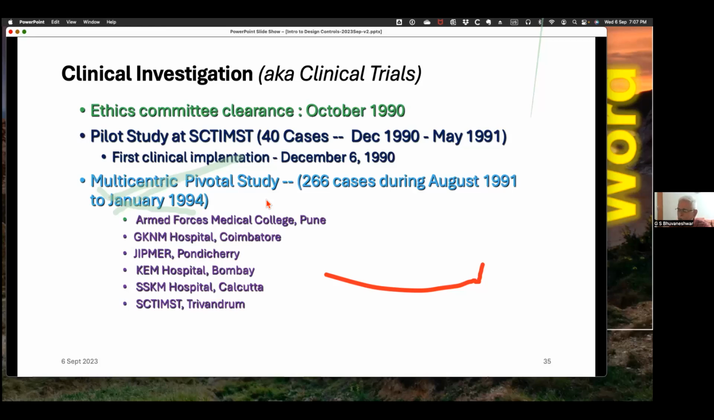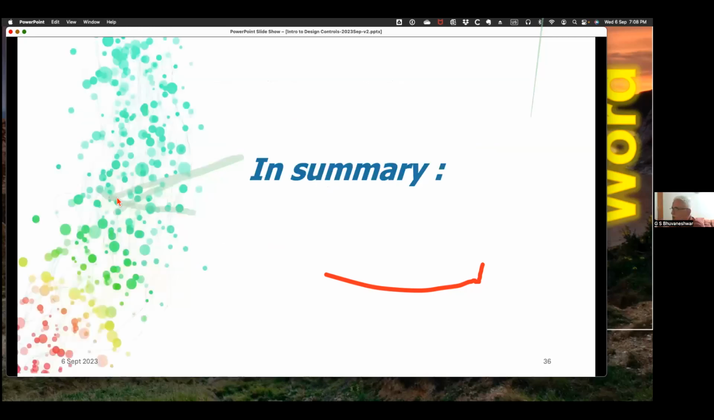I think today close to 150,000 valves have been implanted. They're manufactured by TTK Healthcare. So, to summarize,